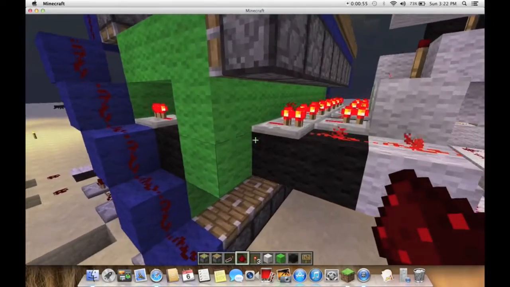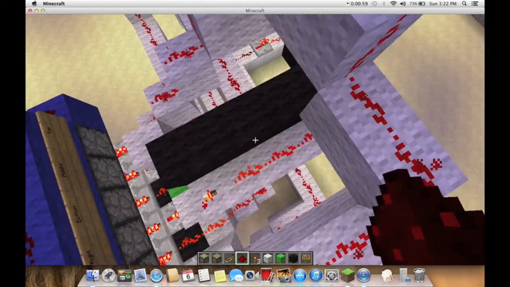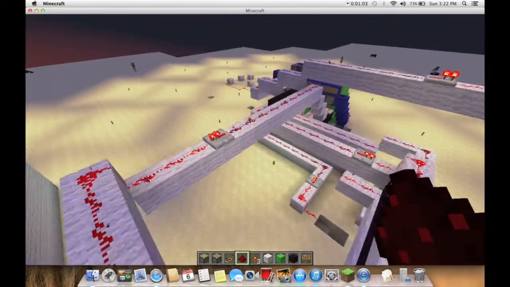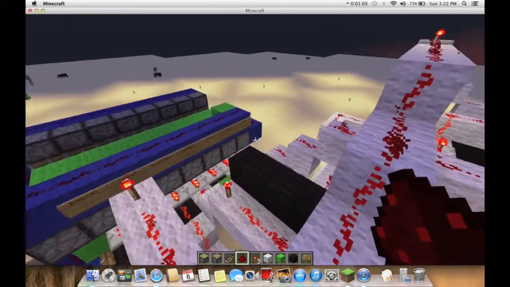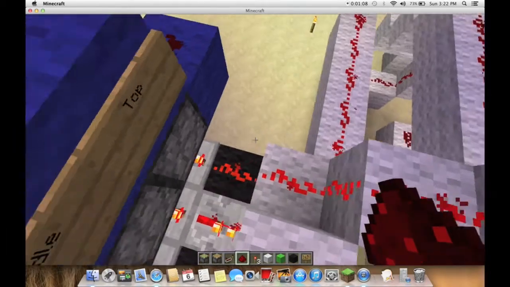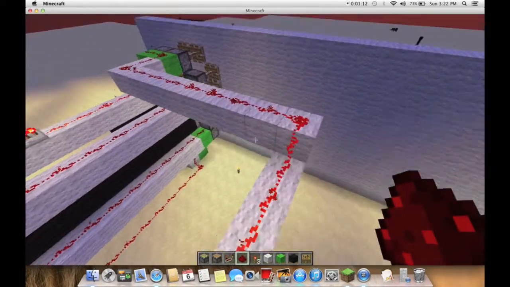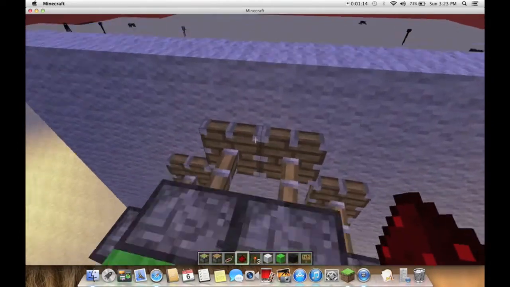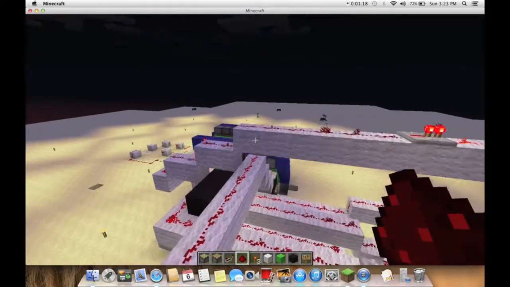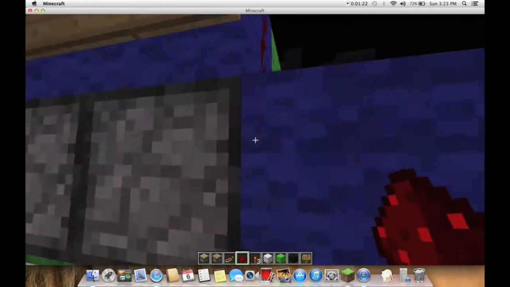And what you can do with this is, you see how I have all these strings of redstone going to this. Well, these all can control a certain area of the clock, like I labeled it. Top, this, if you follow, will go to the top of my little piston thing here. And basically, to make this actually say numbers using this machine,